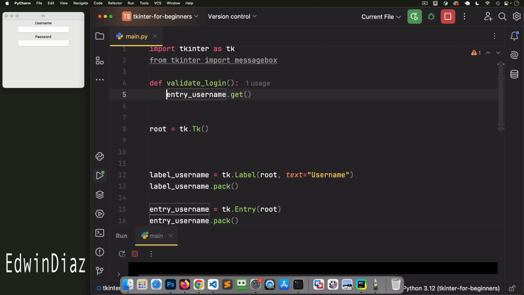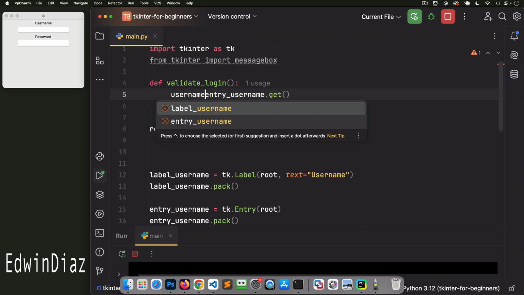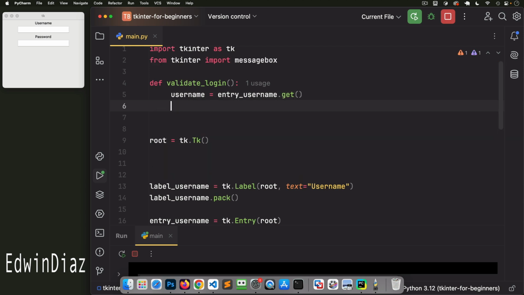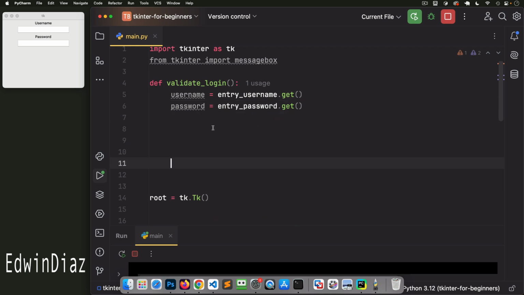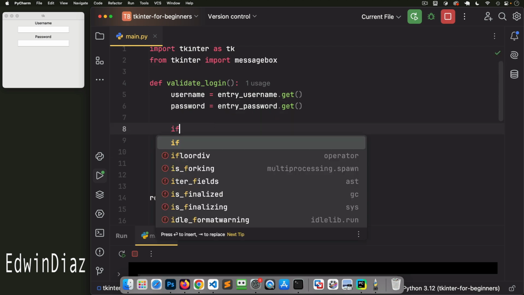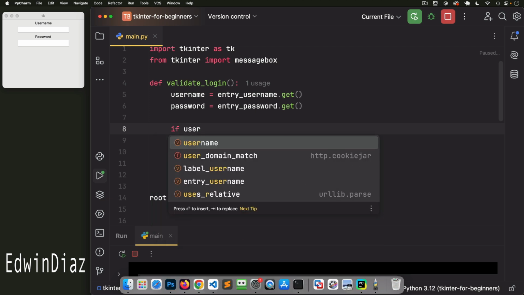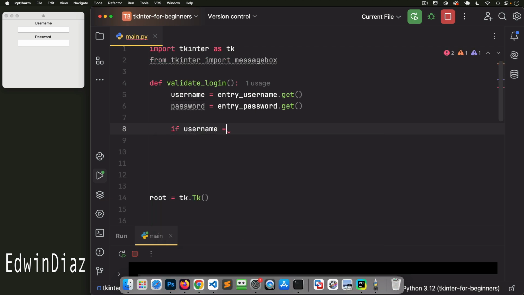But I'm going to assign that to a variable so that I can use it, right? Just like that. And now I'll do the same thing for the password. And I say, get me whatever's in there. Perfect. So now that I have that data in here, I can start using it to do some if statements, right? So I can say, well, if username is the same as